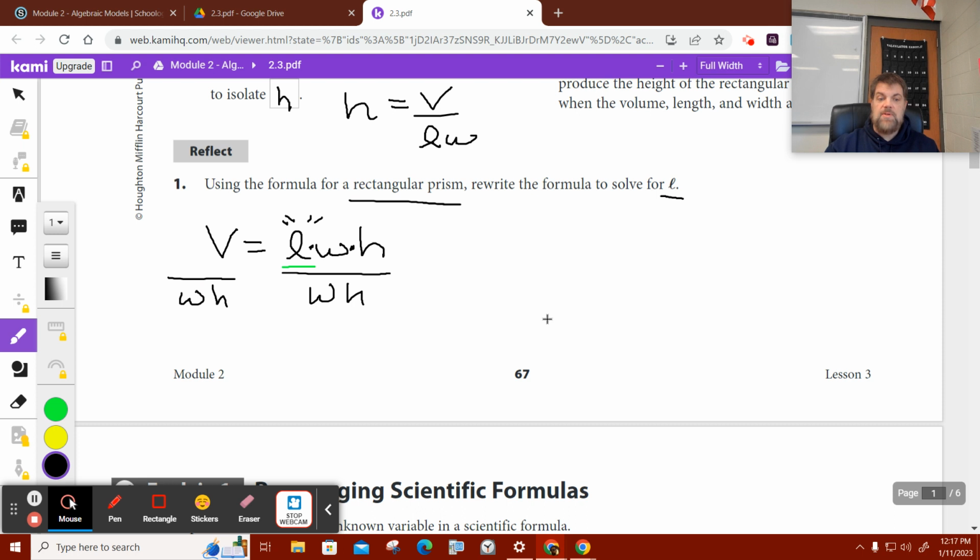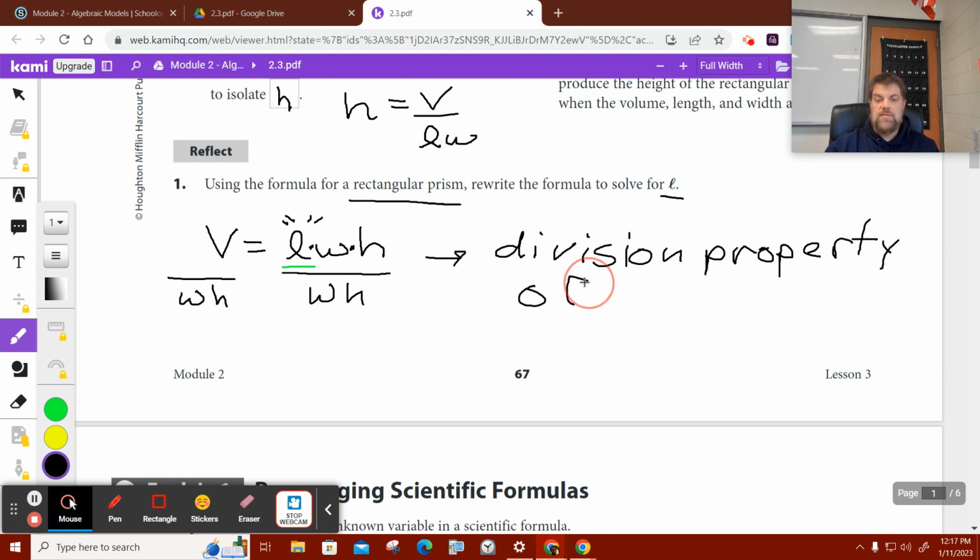Does anybody know what that property is? What kind of property of equality? It's the division property of equality, because we divided both sides. Division property of equality. Does that make sense? Okay. I'm going to stop the video. I'll leave this up for a second so you guys